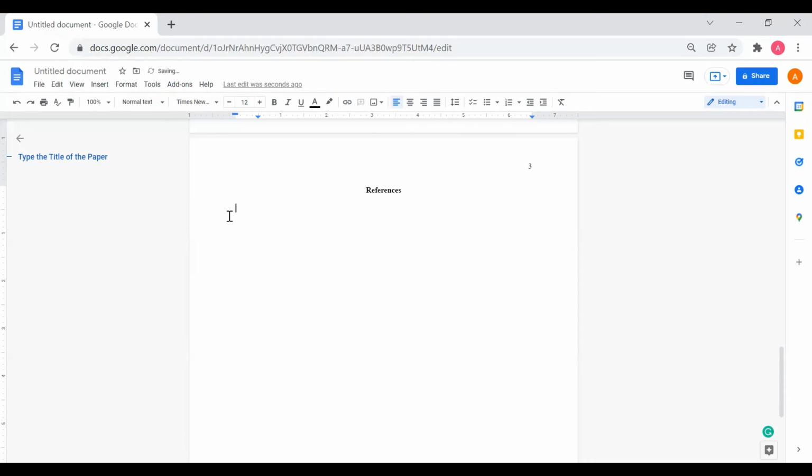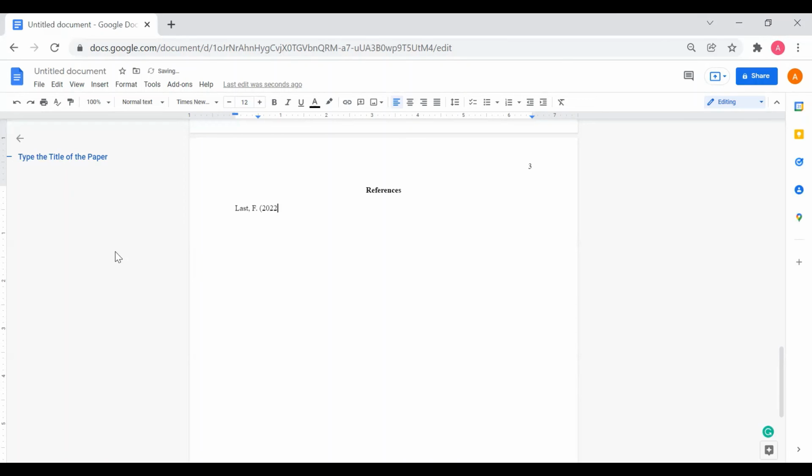Okay, so now let's quickly go over just the bare minimum of references. You can do some more research, or there are different websites out there that you can use to help you with your references. But the bare minimum is basically, for a reliable, credible journal article, you would use the author's last name, comma, first initial, period. You're going to space, and in parentheses, you're going to put the date,